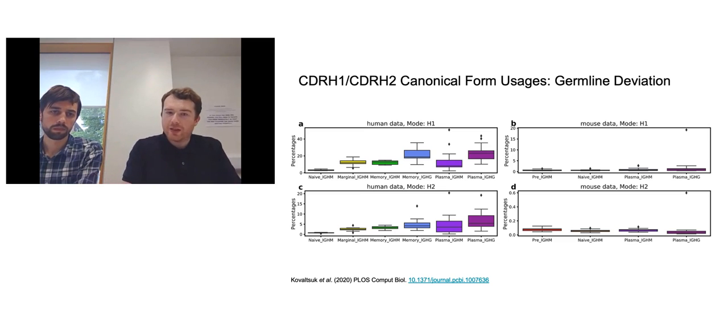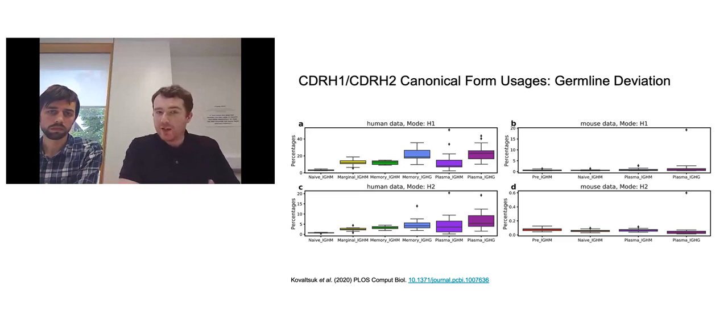And so this is another really cool way of just looking at the maturity of your data. But something that's also quite interesting here is that this pattern does not hold across different species. You see this incredible deviation from germline canonical forms in human, but in mouse repertoires you don't. And this has been seen in other studies as well. So it's a nice confirmation that what you're observing in this structural annotation and clustering approach actually matches up well with what is known about how repertoires evolve in different species.